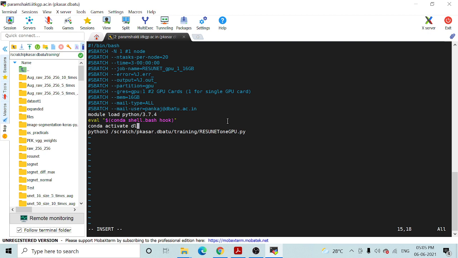And then this is my executable statement, that is python space file name dot py. But here that file name is in a particular directory, so that's why I need to describe the full path. So in this way, this is what I can say is the batch job script, or job script, for training a neural network.